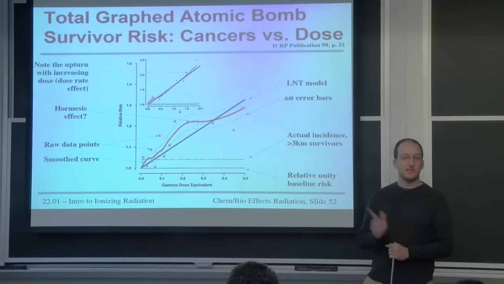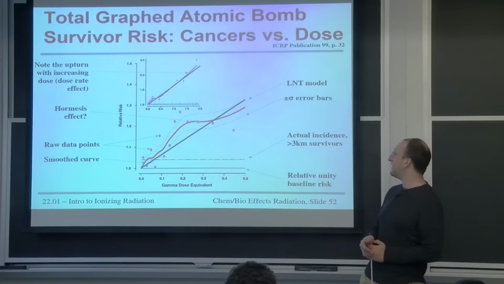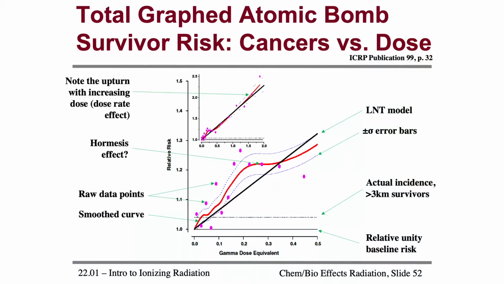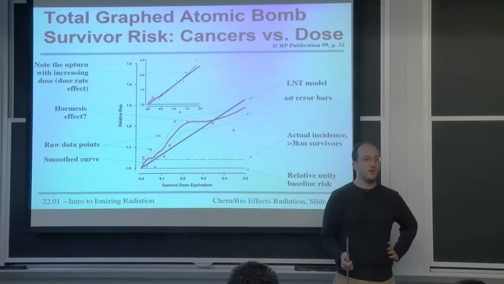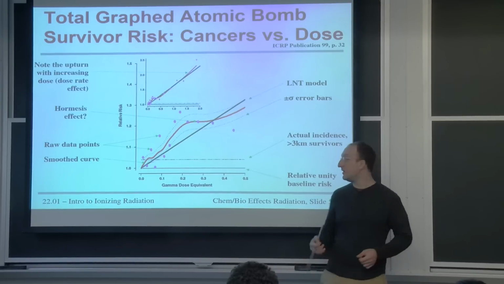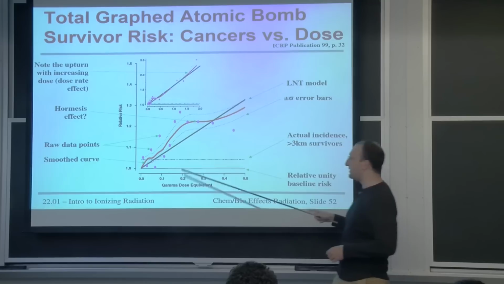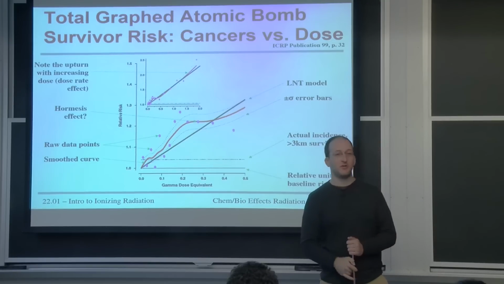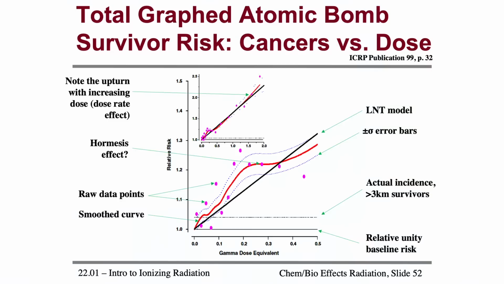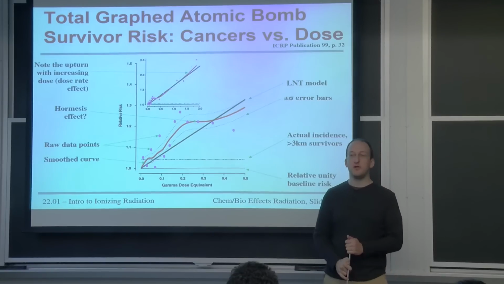To graph this, and I think this is in the ICRP publication, they graph the amount of relative risk, or to use the words from the last studies we saw, the odds ratio, the OR, of getting cancer. An odds ratio of 1 means exactly the same amount of risk with versus without the radiation. And the actual raw data points are plotted here. And there are a couple of lines drawn through here,